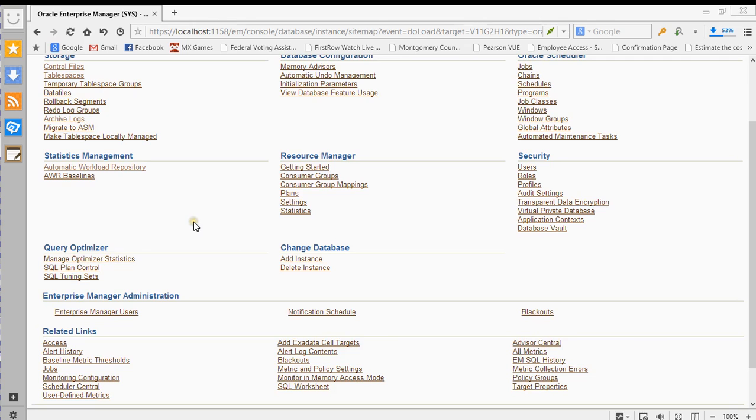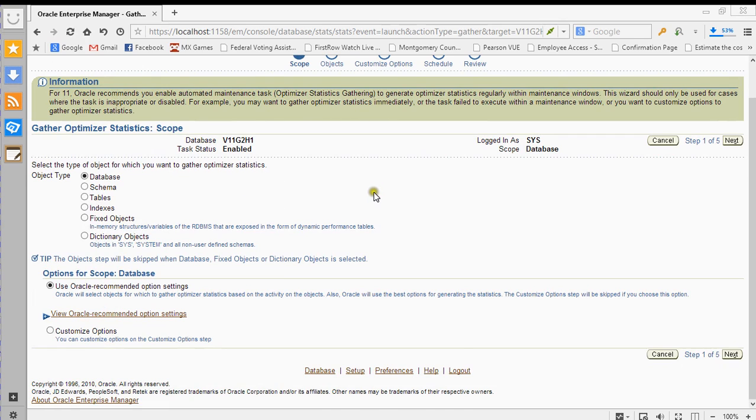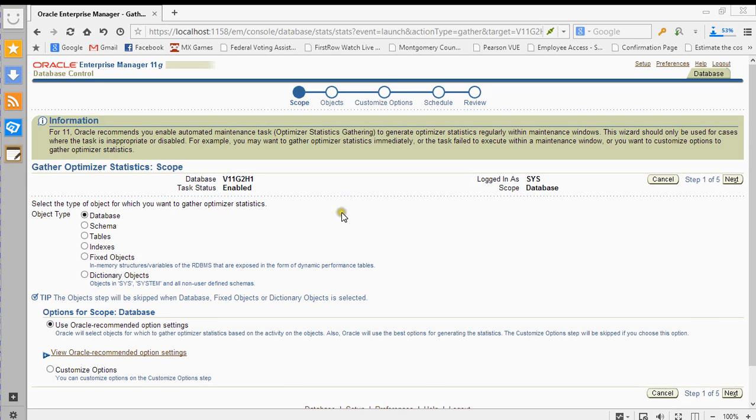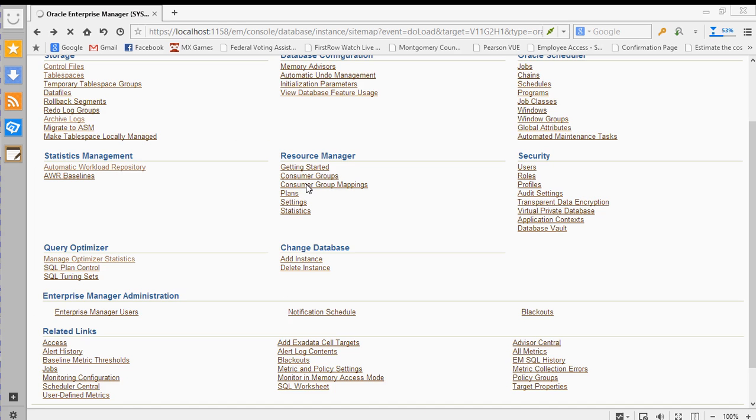So you can manage optimizer statistics and gather optimizer statistics. That's enabled, scope database, so we've got it. This is a very important feature of Enterprise Manager. The reason why you have performance drags is because it all relates back to the optimizer. The optimizer is responsible for querying the raw data for servicing your requests. So you can manage your statistics, and by managing your statistics, you can make your optimizer work